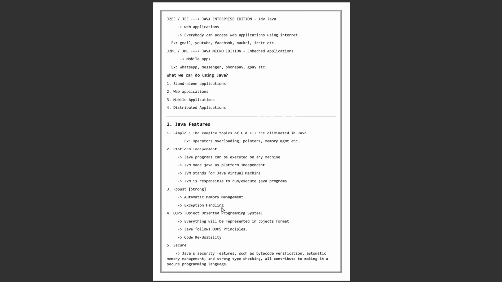Exception handling is the main part of a Java program. For a Java program to run successfully, there need to be multiple exceptions handled. We will come across exception handling around day 7 or 8. It's a very important topic. And everything is represented in object-oriented programming. Every variable you assign needs to follow OOPS principles,